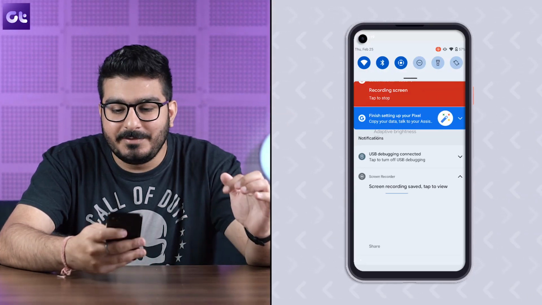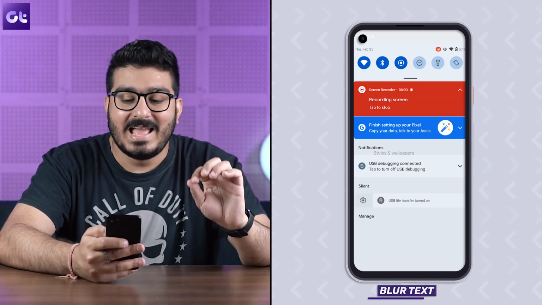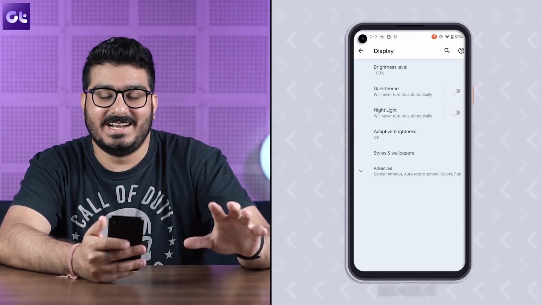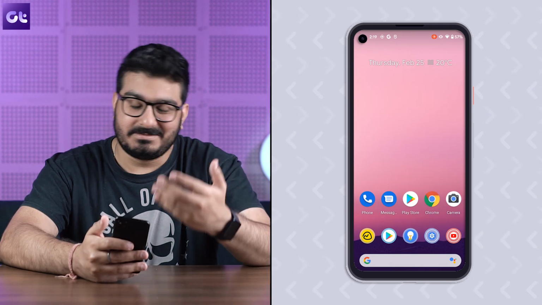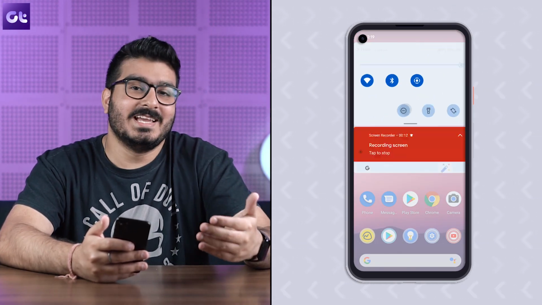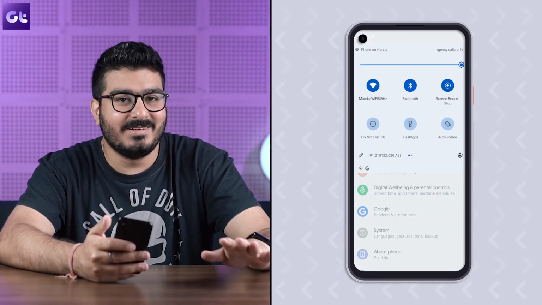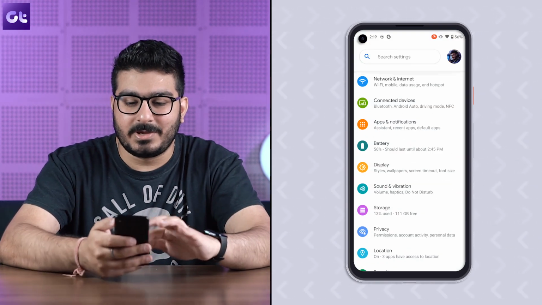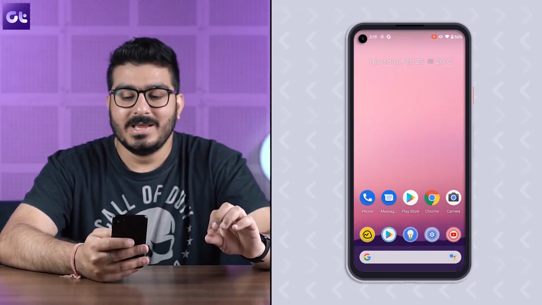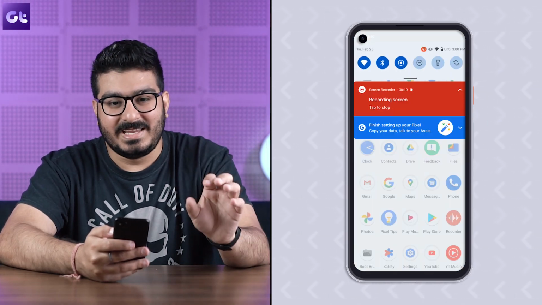Now, while we have the notification tray turned open, let's take a look at that blur text behind it. Yeah, blur text. So basically the property is supposed to be called blur in the code if you go about looking at all the strings and everything. But in reality, as you can see, how it actually ends up looking is basically you just add a white layer and reduce the opacity. There is practically zero blur here, and honestly if you have the app drawer open and then you open the notification tray, the app icons are fine, but then you also have the app text in the behind, and because it's not blurred, it just becomes way too distracting.